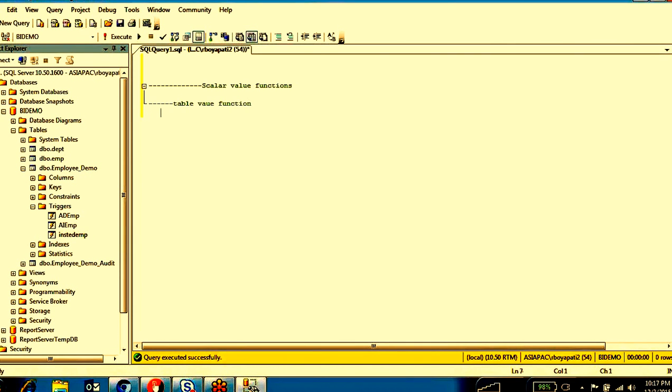There are two types of table value functions: the inline single statement table value function, and the second one is the multi statement table value function.